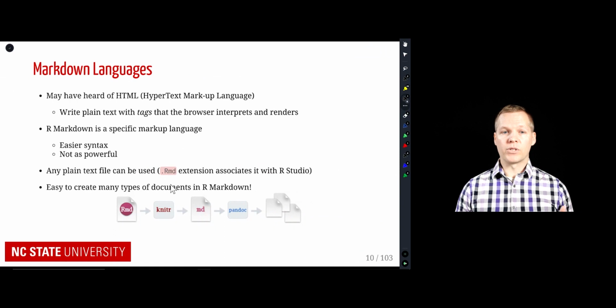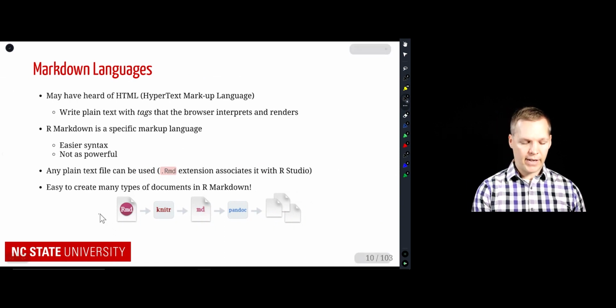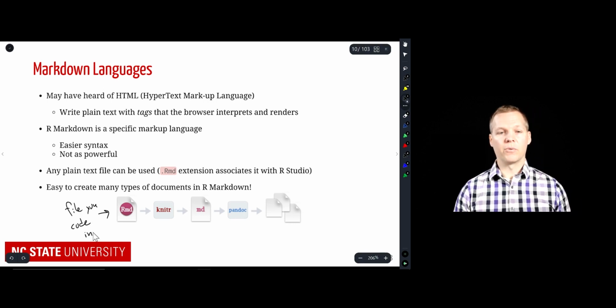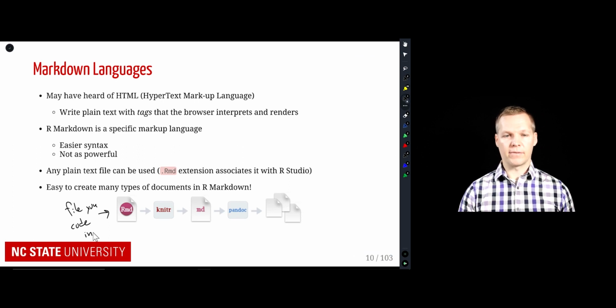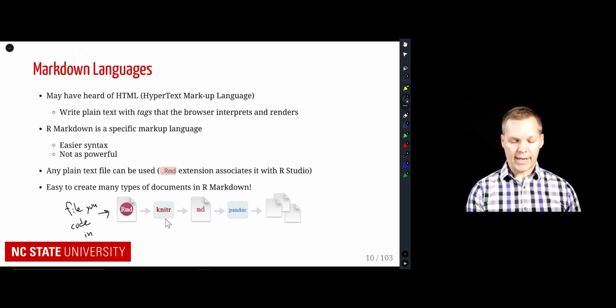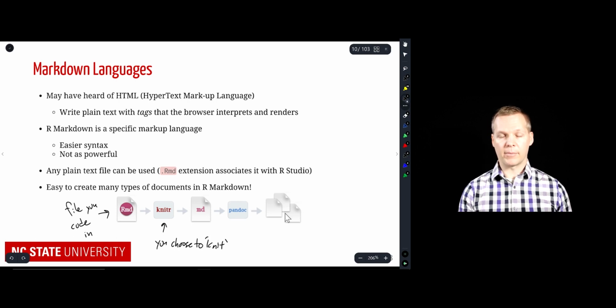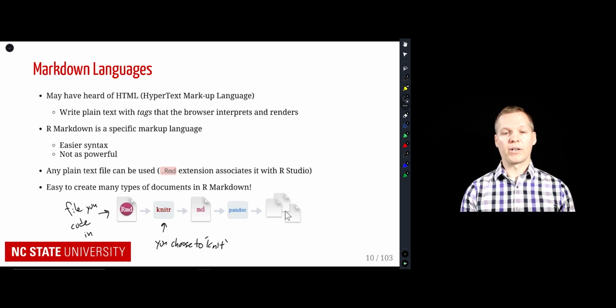All right, and what's really nice about these Markdown files is that they go through a process. This is the file you write, the file you actually code in. So you code in there, you write your thought processes, all that kind of stuff in there. And then what you do is you knit that document. So you choose to knit. And whenever you knit, we're going to use that phrase a lot, we're going to knit the document. Whenever we click our button or we run our code that says take this RMD document and create something that's an output document,